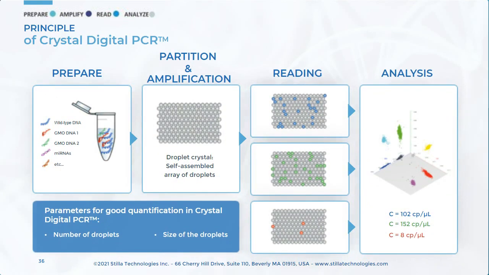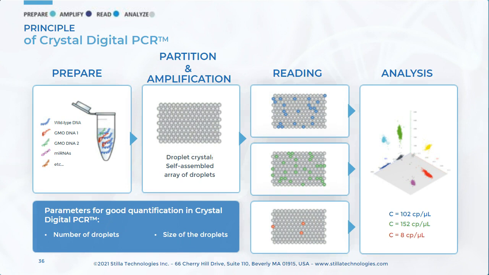Crystal Digital PCR with the Nika system applies a patented partitioning technology to create a self-assembled array of droplets called a droplet crystal. In a droplet crystal, the size of the droplets is fixed and controlled via the microfluidic design. Ensuring a monodispersed population of droplet size is important in order to guarantee a random distribution of the target sequences within the droplet crystals. Another feature of the Nika system are the 3 or 6 fluorescent channels, allowing for the